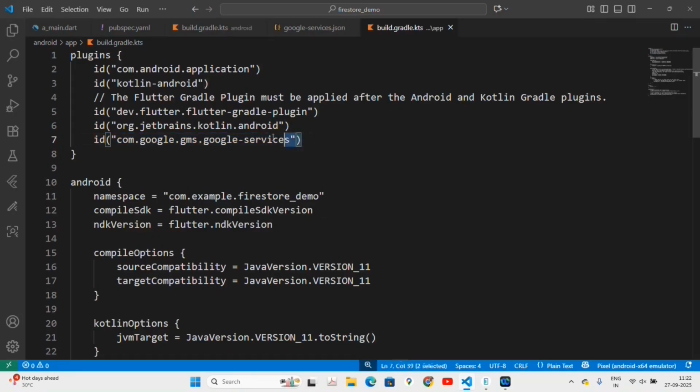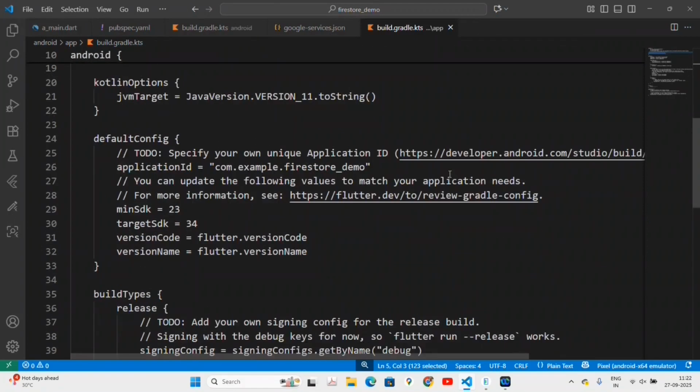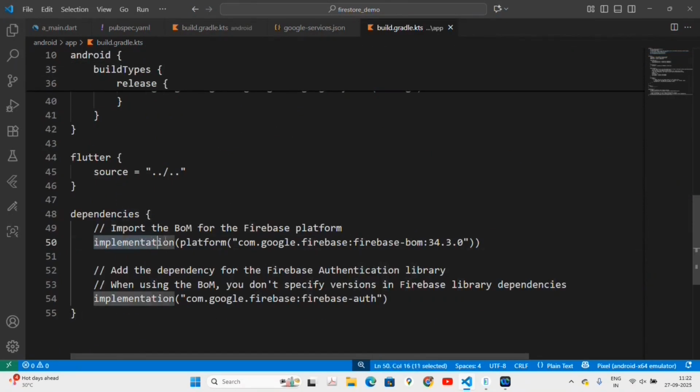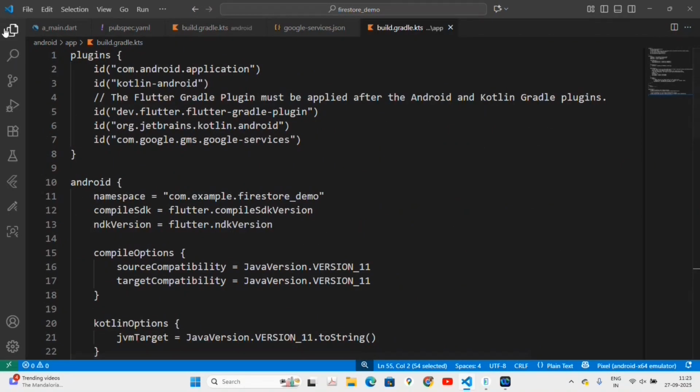So here you have to apply these plugins, then you must provide dependencies. So this is a BOM for the Firebase platform. You have to write down this dependency and this dependency inside the dependency section of your Gradle file. So you have to make these changes.